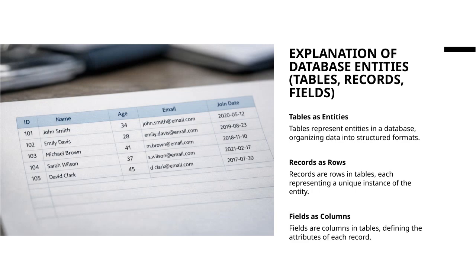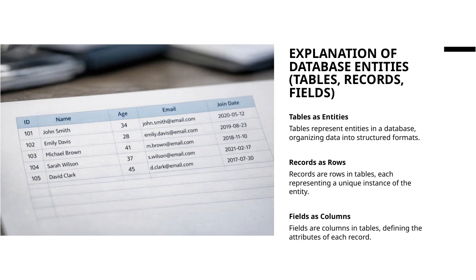Each table consists of records, which are the rows that hold individual examples of that entity, so each record is a unique item or person in the database. The columns in the table are called fields, and these define the specific attributes or details about each record. For example, in the table we see here, each row is a record representing a person, and the columns include